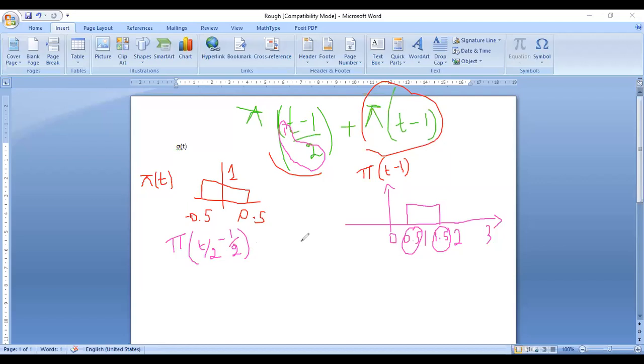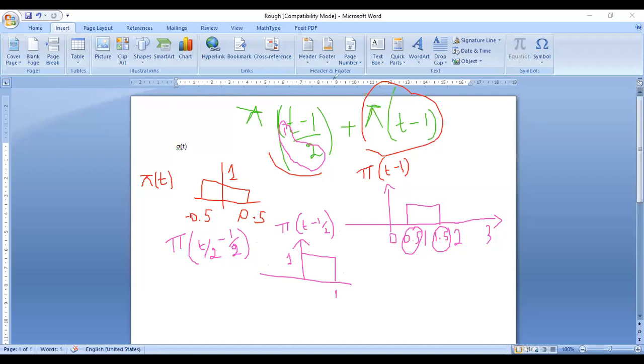So my first step is I have to first do the shifting operation by minus 1 by 2. So that means I'm just plotting now phi of t minus 1 by 2. Just like in the previous problem, we could do it. So I will just do the diagram fast like this. Up to 1, I will be having an amplitude 1.